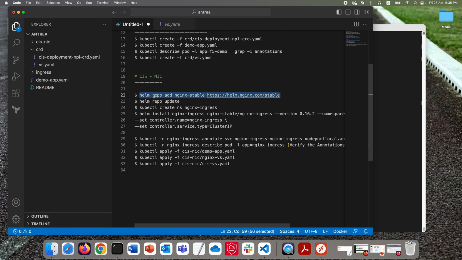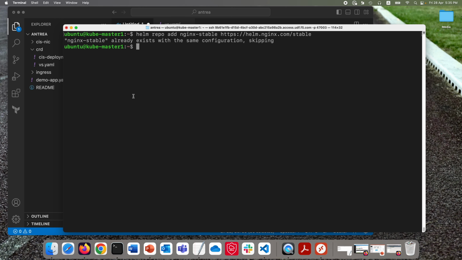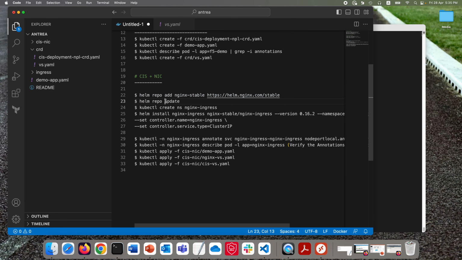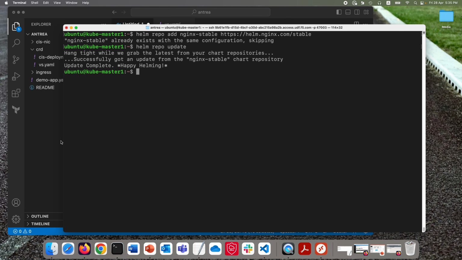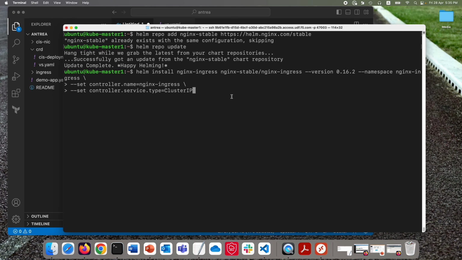So first thing, we need to have the repos. I'm going to use Helm to install the NGINX ingress controller. So just add the repo for NGINX, make sure it's updated, and then create the namespace, and then just deploy. So I'm going to deploy the NGINX ingress controller, the normal free version. I'm using a specific version that's compatible with my Kubernetes cluster. I'm going to deploy it in this namespace, and then I give it a name and the service type is